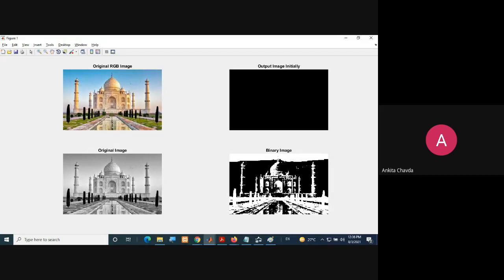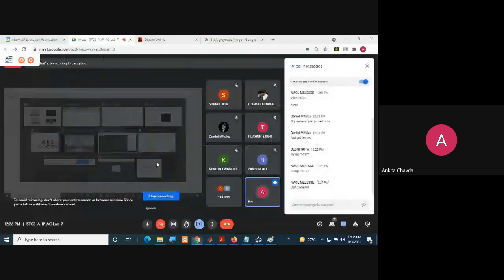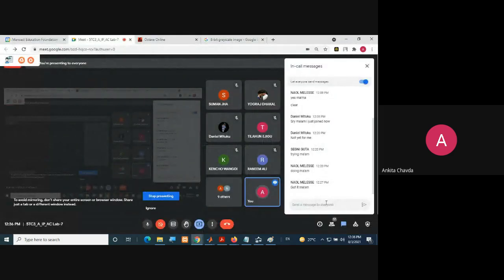So that is up to you how you set the thresholding and what kind of condition you are using. So all these rows will now be one color, meaning white. So this is the program of thresholding. I hope it is very clear to you guys. Yes or no? Yes. Okay.